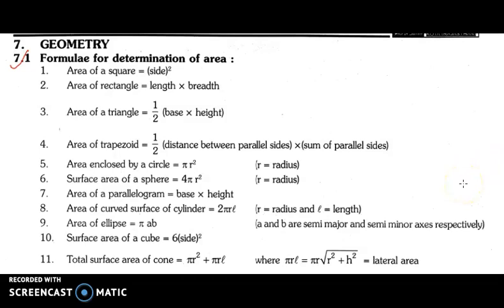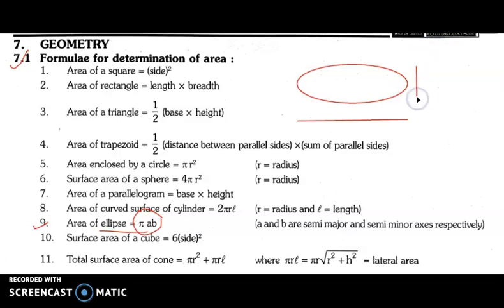These are the formulas that we have learned, except that we have not done anything about the ellipse. For now you can note down its formula. Area of ellipse is given by pi into a into b. Just as a circle has a radius, an ellipse has two axes: a semi-major axis and a semi-minor axis. An ellipse is something in the shape of a circle, but a squeezed circle, a circle which looks like this. This is an ellipse. In this case this will be its major axis and this will be its minor axis.